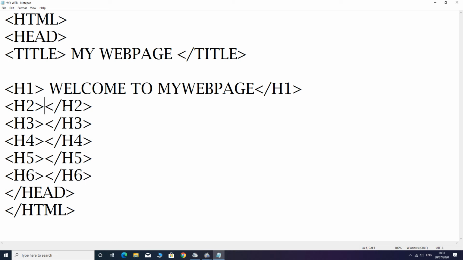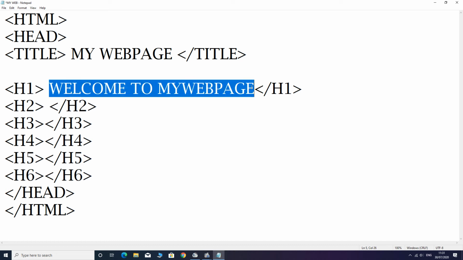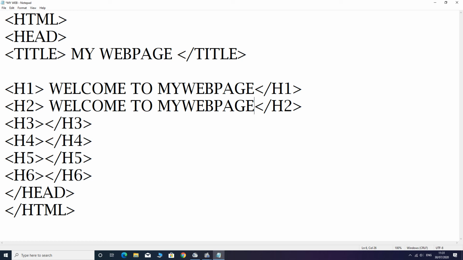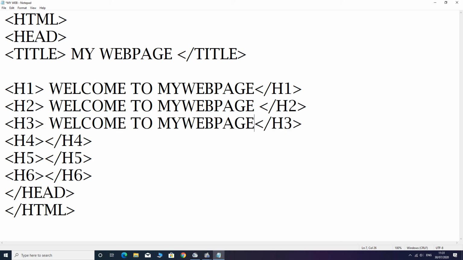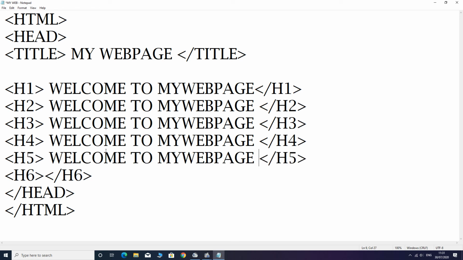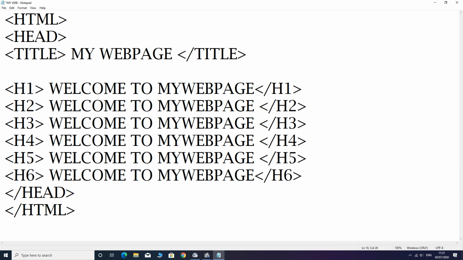The content of the heading, what will be the heading? Suppose welcome to my page is the heading. Paste it here also. You can change the heading name, whatever you want. I am just going to demonstrate it, so I'm pasting all the text. The 6 headings are complete.